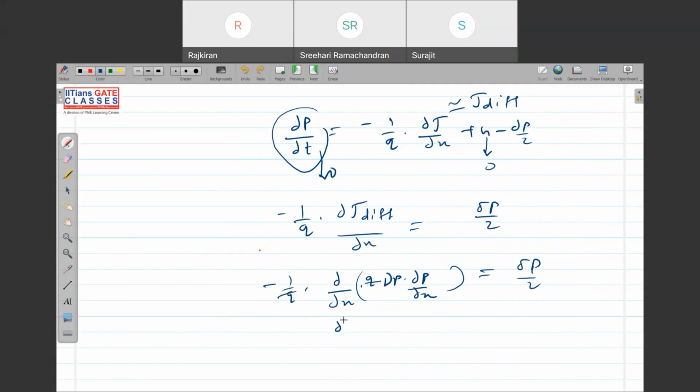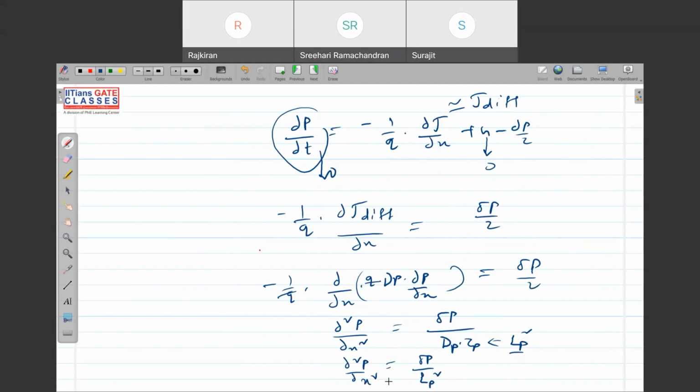So d square del p by dx square equals del p by Dp into tau p. Clear? The Dp and tau p is called Lp square. Lp is nothing but diffusion length. Diffusion length means approximately the holes will recombine after traveling a distance of Lp. So I got d square del p by dx square equals del p by